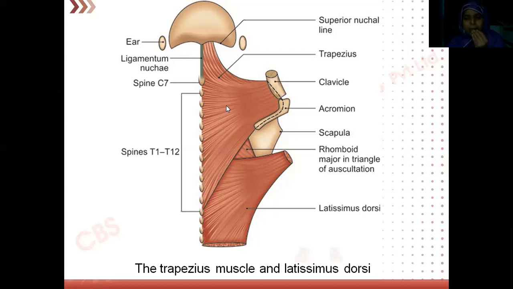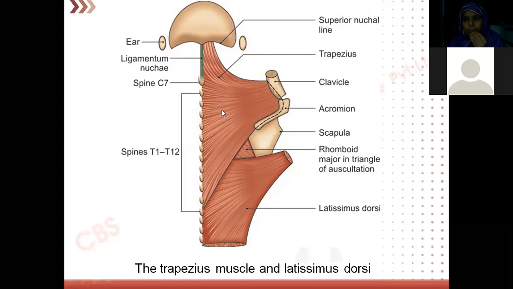Now, can anybody tell me what is the nerve supply of trapezius? I told you when I was discussing head and neck. Hansraj? 11th cranial nerve. Excellent, I appreciate. Can you name it? Accessory. Spinal part of accessory. Which is the other muscle which is supplied by the accessory cranial nerve? Sternocleidomastoid. Excellent. Very good. So sternocleidomastoid and trapezius both are supplied by the accessory nerve.